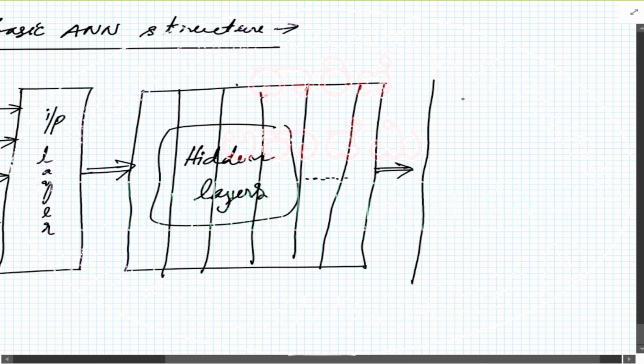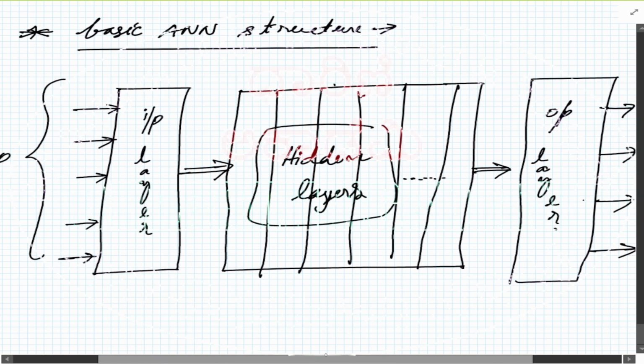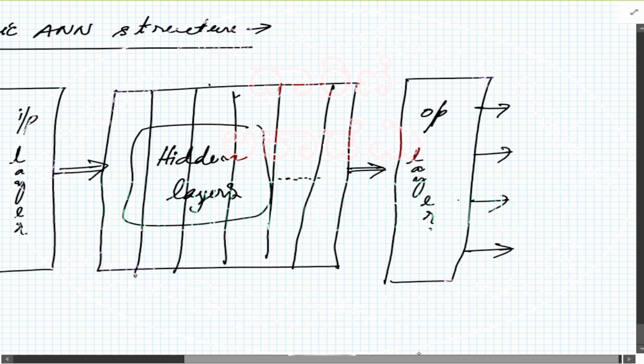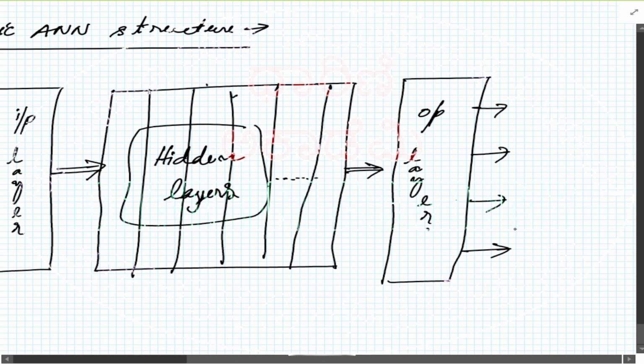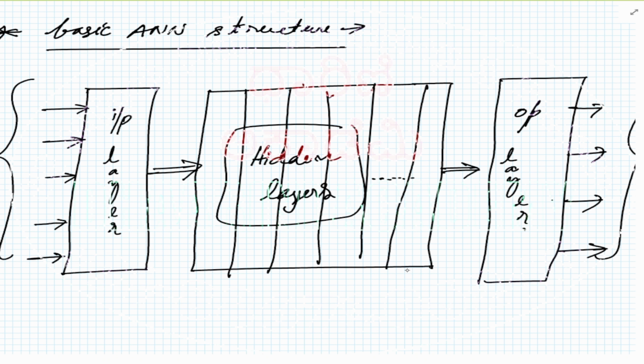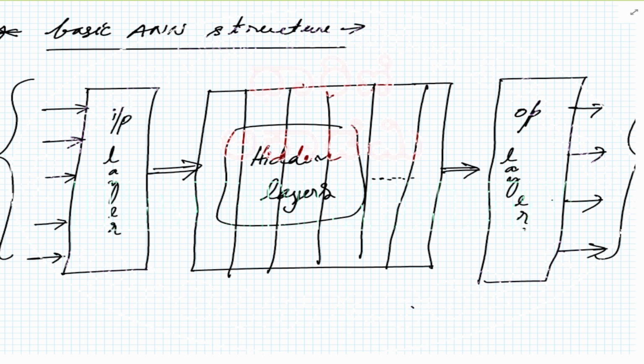And that output will be converted into the specified format by what is called the output layer. So the output layer will produce the number of outputs as required. There is no relation between the number of inputs and the number of outputs. Inputs could be 10, output could be only 2. Input could be 100, output could be 10. So this is the very basic neural network architecture. It's going to be like this for any neural network that we are going to design.